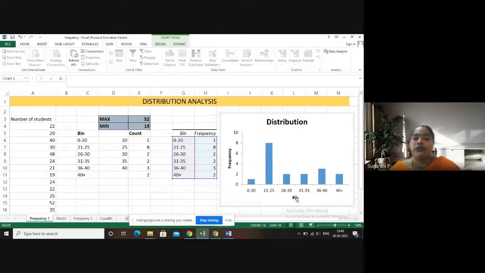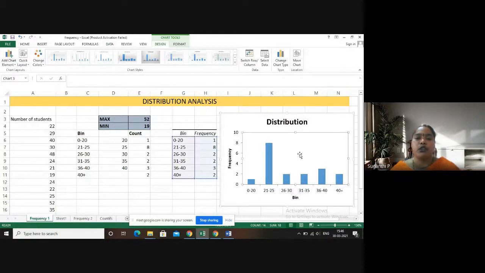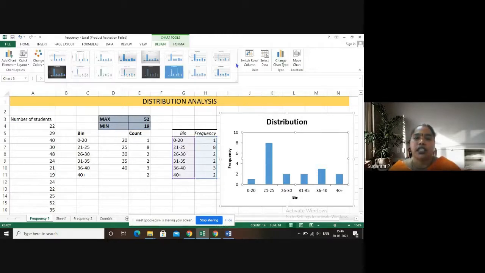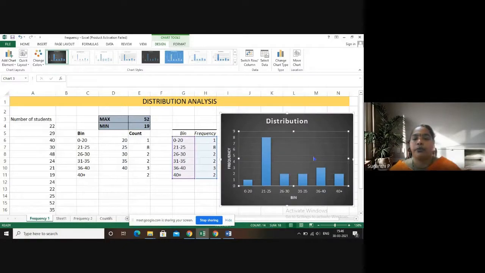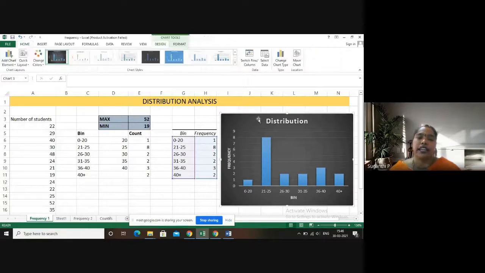And if you want to give the axis title as Bin, similarly you can do that. If you don't want to see this in blue color, you can change it to something else also from the Design menu. Like this you can do all the chart editing options. It is up to the user's level of expertise in beautifying the chart. Thank you.